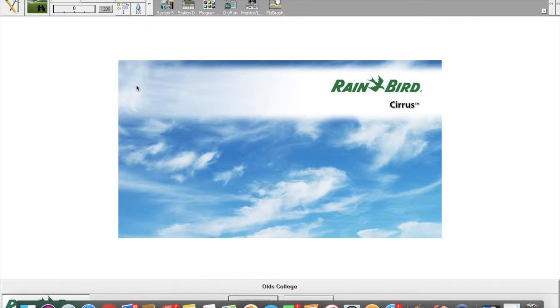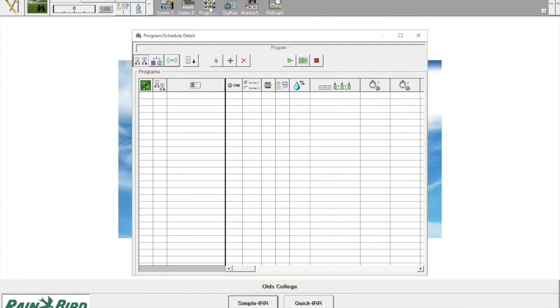Okay, so now we are going to create a high dry program for our greens. We know that the back two heads on every green suffer from dry conditions, and we want to water with these two heads for 10 minutes. So we're going to go into programs, and this can be done two ways. You can do it on the map portion of the software, or you can build a program in the schedule detail window here. So we're going to add,